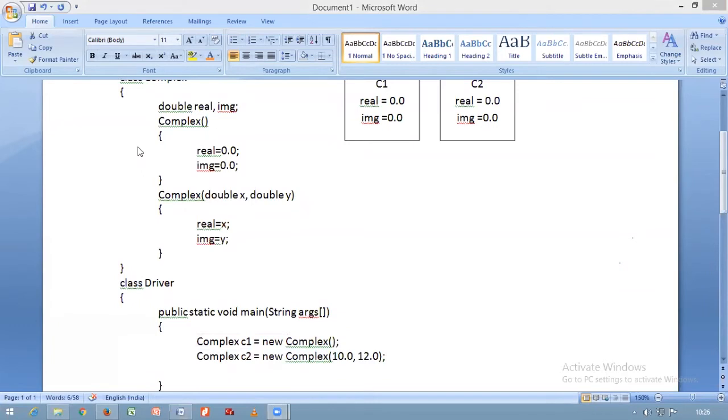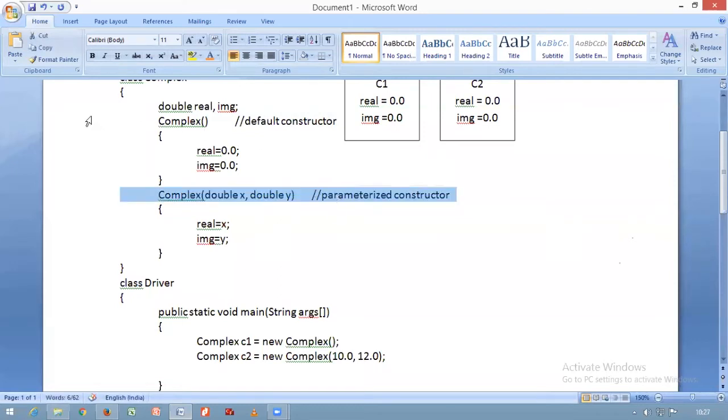It depends on how you are creating an object. If you are creating an object without passing any parameters, then a default constructor will be executed. So this is called as default constructor, and this is called as parameterized constructor. So this is a default constructor with no arguments, and this is a parameterized constructor with 2 arguments.